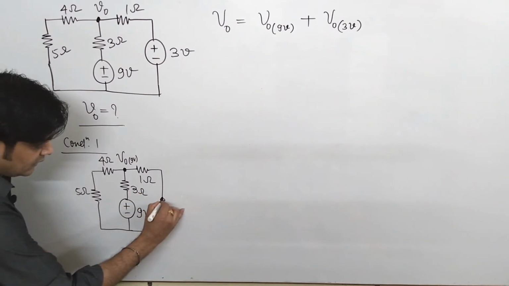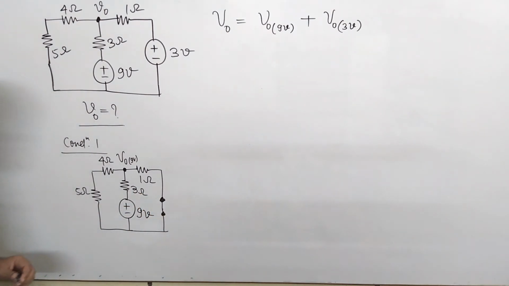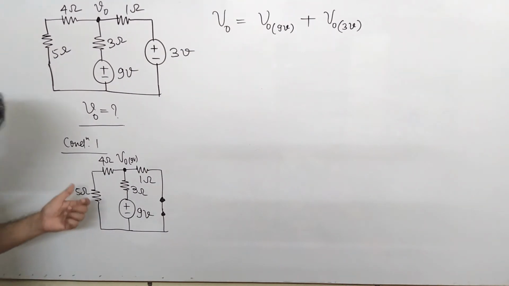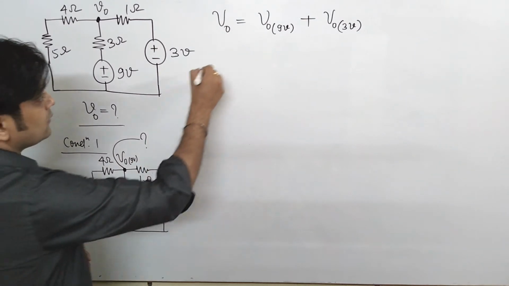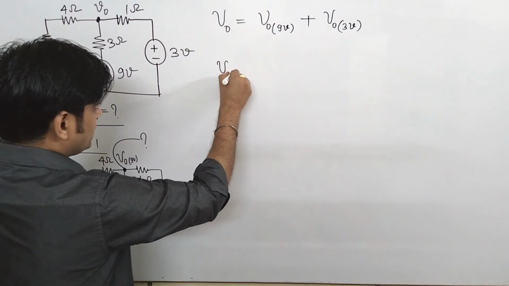So this source gets short circuited, and finally we will consider the contribution because of the 9 volt source. It is simple: how will you find it? Just by applying KCL at this node, one can get the answer. So I am just applying it: V naught minus 9 volt